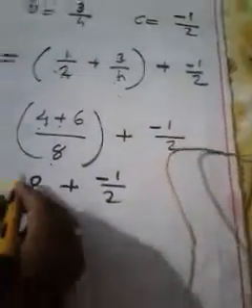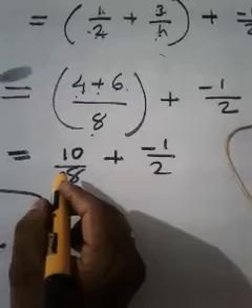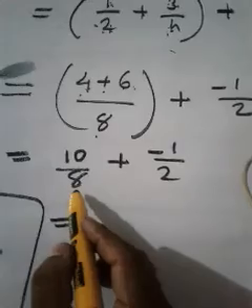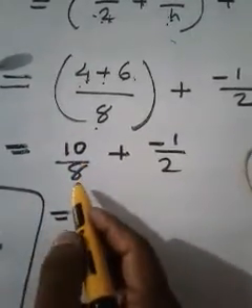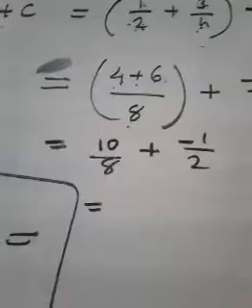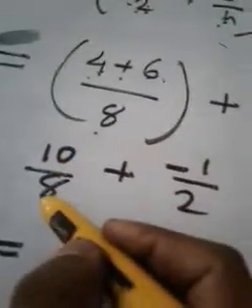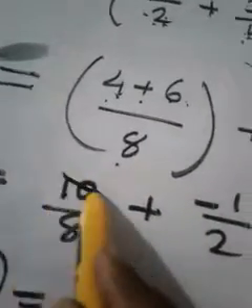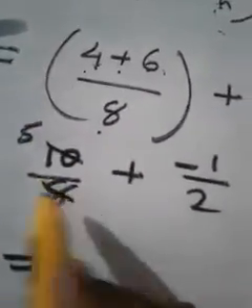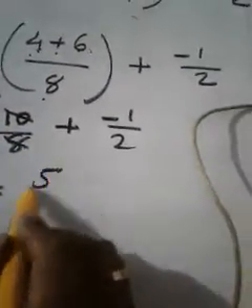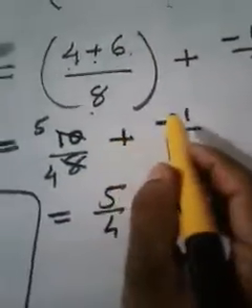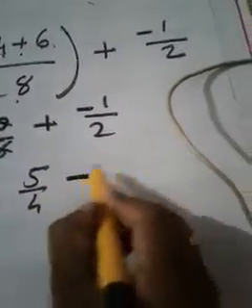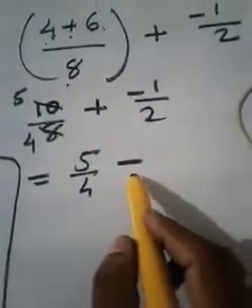And if you want, you can reduce 10 by 8. Can you reduce by 2? Why? Because in 10 by 8, the numerator is 10 and the denominator is 8. I'm explaining how we can simplify a fraction. Is there any common factor? Yes, the common factor is 2. In 10, how many 2's are there? 5. In 8, how many 2's are there? 4. So we get 5 by 4. This plus and minus join together and it will be minus, and 1 by 2.